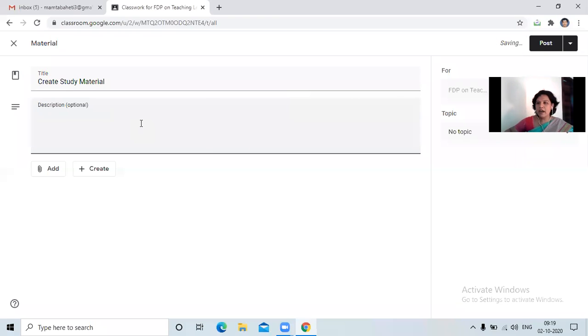If I want, I can attach some description with it, like: this material can be used to create study material for students.